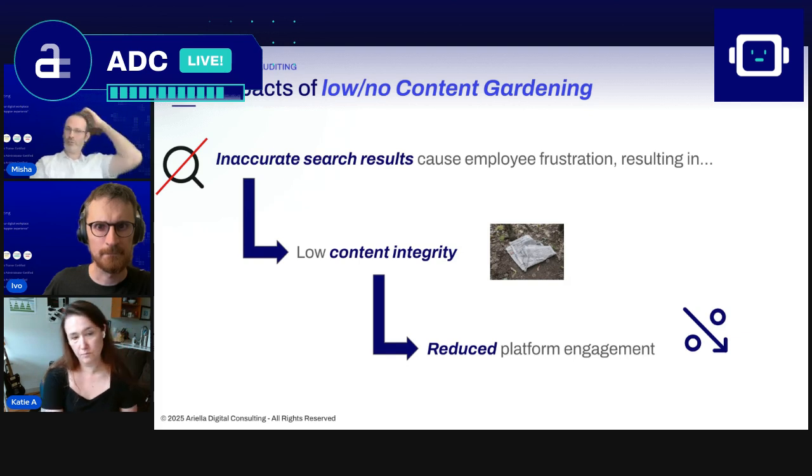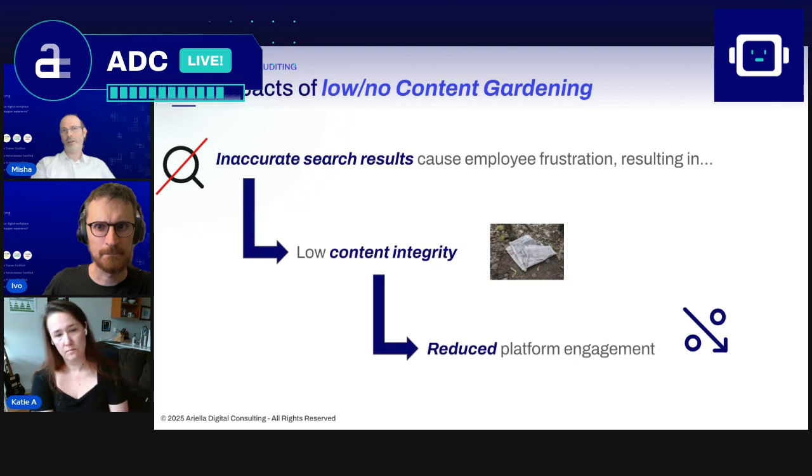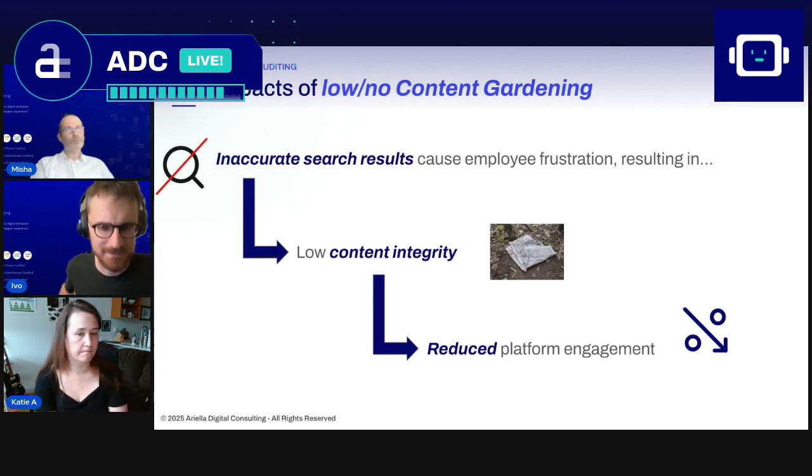And eventually that comes back to reducing platform engagement. And it's really hard to get the engagement back. That's where the effort comes in to really come back, go from the top down, get leadership involved. And we really don't want that, right? We really want to do it right from day one. So with that in mind,